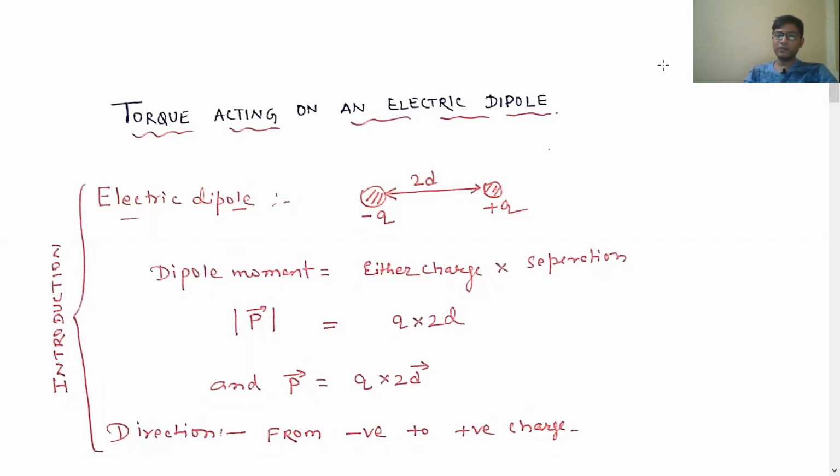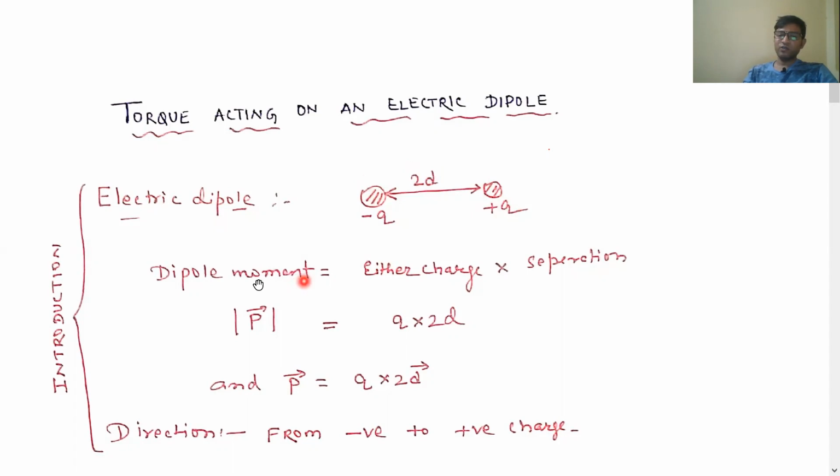What is called an electric dipole? I think you must know. An electric dipole is actually a combination of two opposite charges separated by a very small distance. It is negative charge, it is positive charge, and the separation between them is 2d. So this combination constitutes an electric dipole, and there is a physical quantity related with it, and that physical quantity